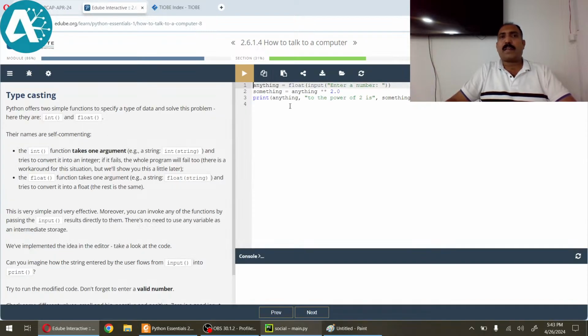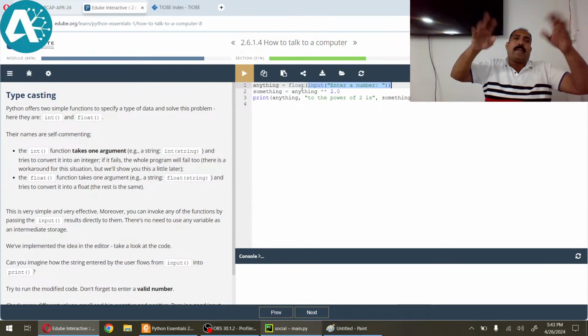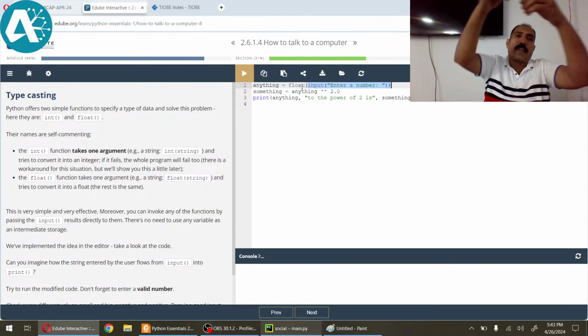Typecasting. This is important. Python offers two simple functions to specify a data type to solve this problem, here int and float. Their names are self-commenting. Int takes an integer argument. So if we are taking input, enter number, that is a string. But if you use float, it will be converted into float and then assigned